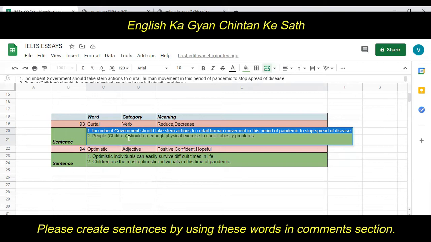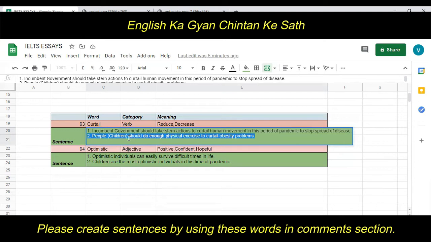And this is the way until we get the vaccine. This is the only way by which we can save our lives. So instead of using reduce and decrease, I have utilized the word curtail. Now let me go to the second sentence in which the word curtail has been utilized, and let's try to understand the different context in which the word can be utilized.